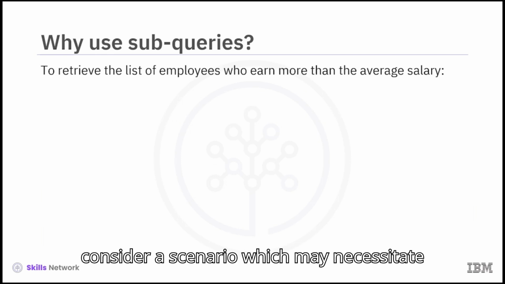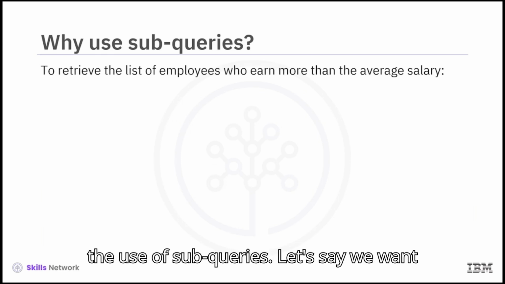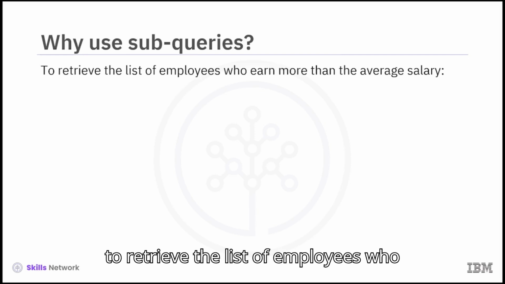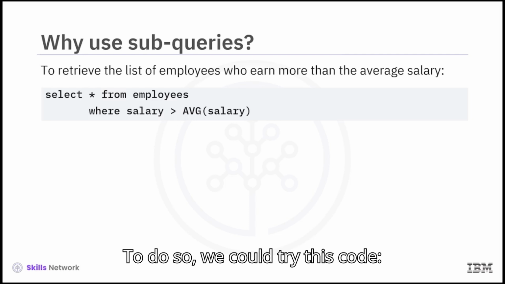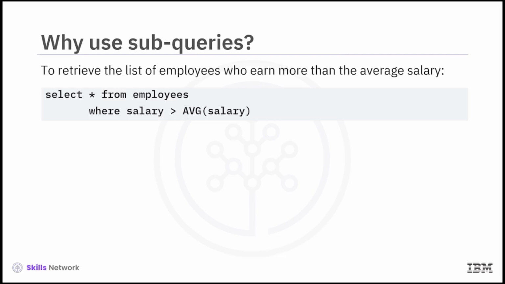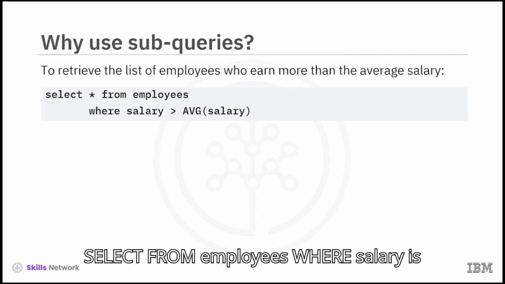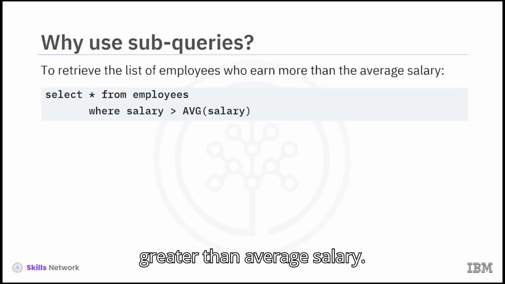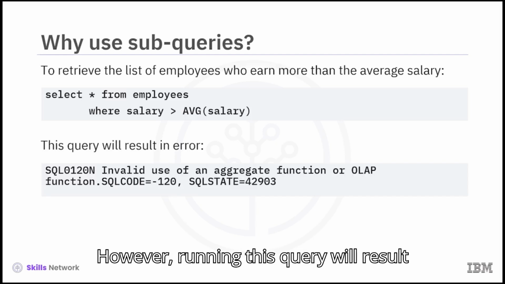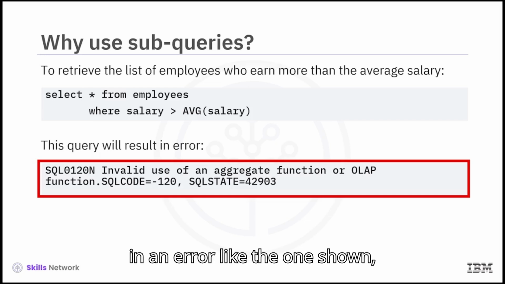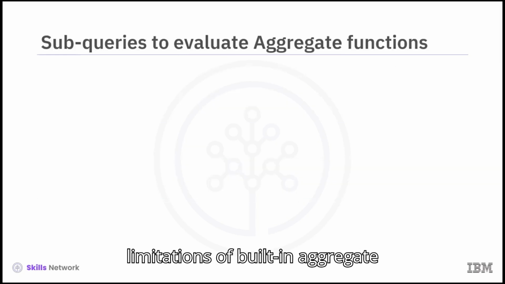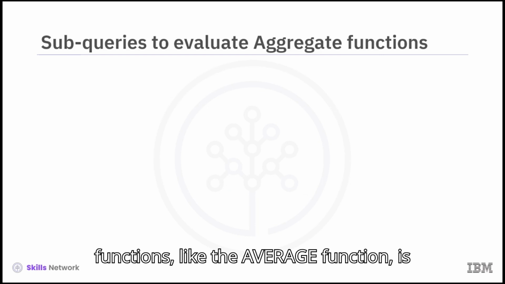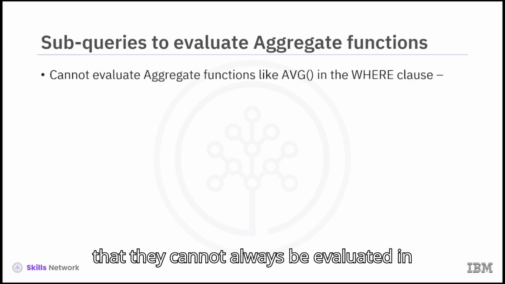Let's consider a scenario which may necessitate the use of subqueries. Let's say we want to retrieve the list of employees who earn more than the average salary. To do so, we could try this code. Select star from employees where salary is greater than average salary. However, running this query will result in an error like the one shown, indicating an invalid use of the aggregate function. One of the limitations of built-in aggregate functions, like the average function, is that they cannot always be evaluated